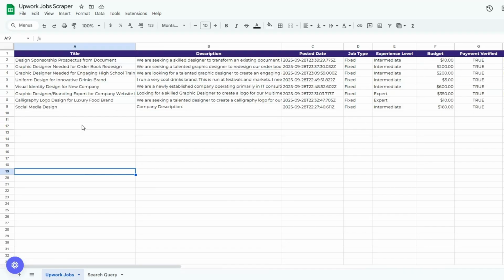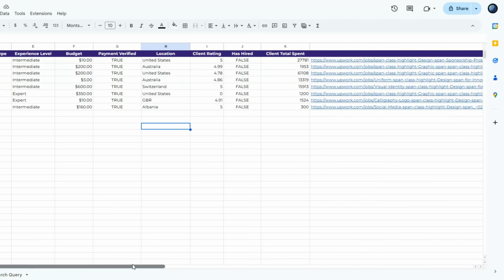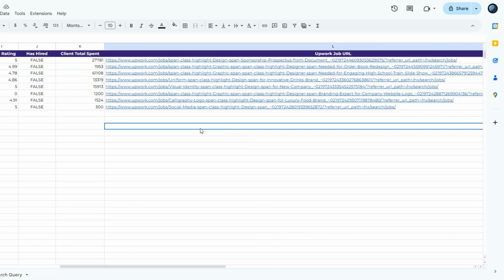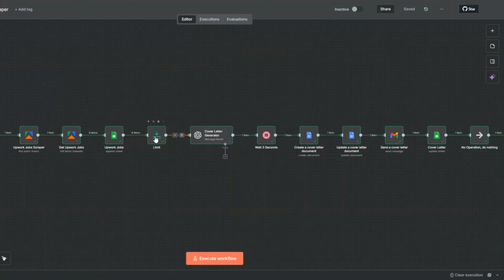Spreadsheet right here where we're adding the title of the job, the description, when the job was posted, the job type, experience level, budget, payment verified, location, client rating, has hired, client total spend, and the Upwork job URL over here. Then here I'm choosing to limit the jobs to only one to generate the cover letter using this